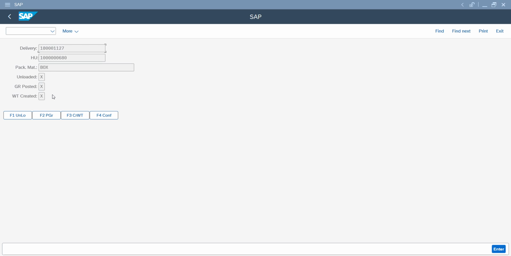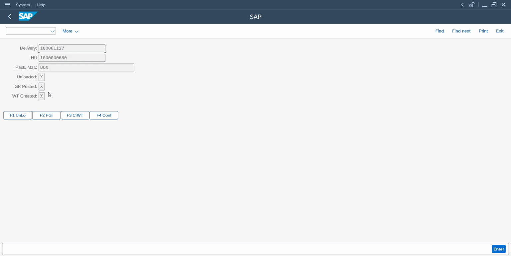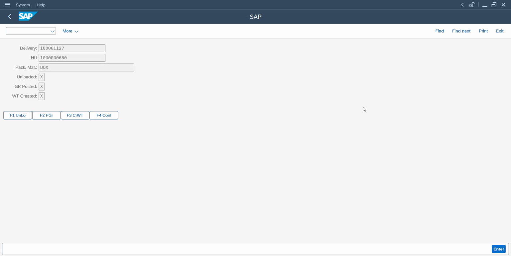Now we have done the goods receipt posting. Once it is done, the status will be updated for the inbound delivery that the GR is done. Now once the goods receipt is posted in the system,